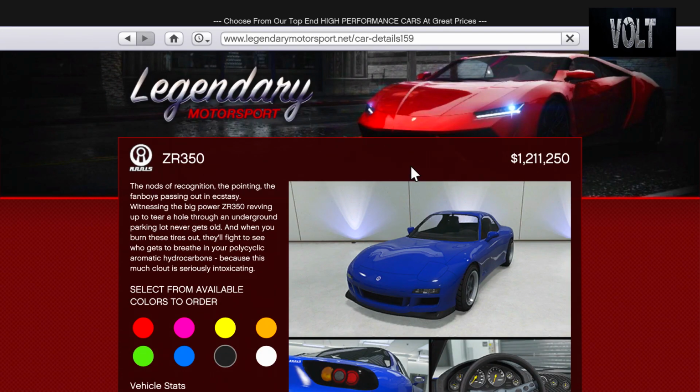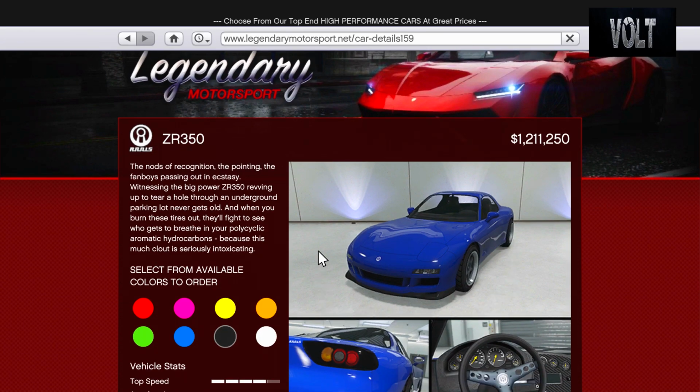Now, if you do not have the Annis ZR350's trade price, you're going to be paying the standard price, which is $1,615,000. If you do have the trade price, you're going to be paying $1,211,250. This car is probably one of my personal favorites, if not my favorite from the actual DLC,